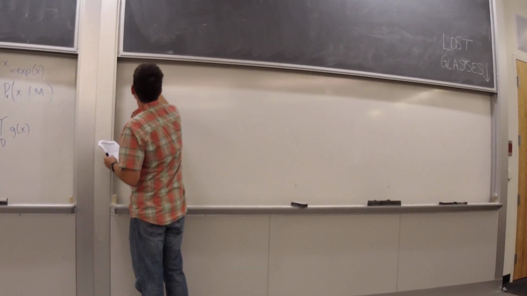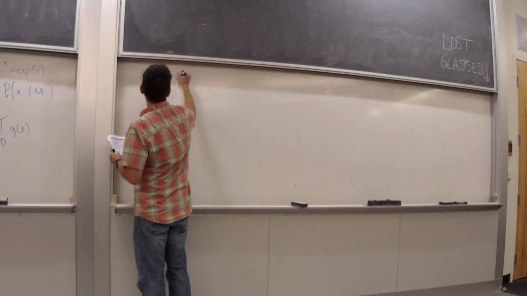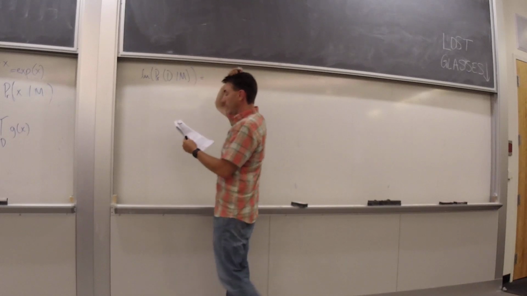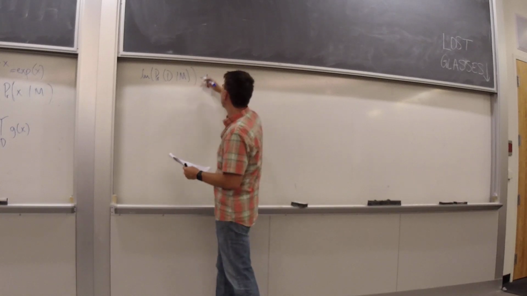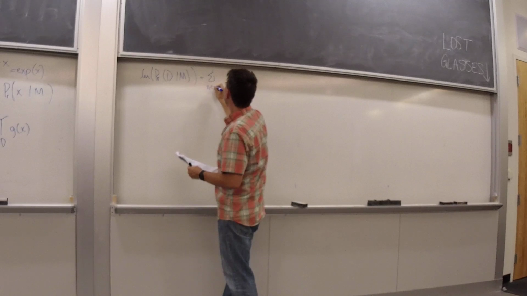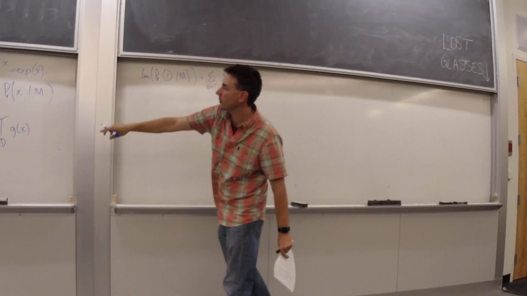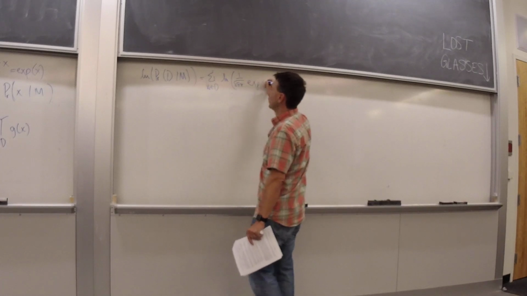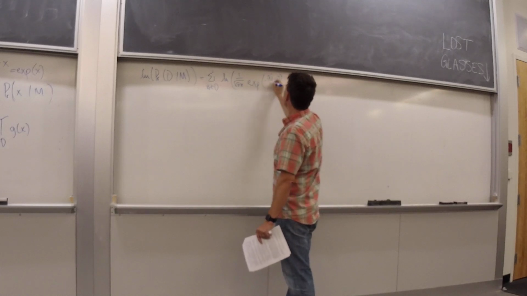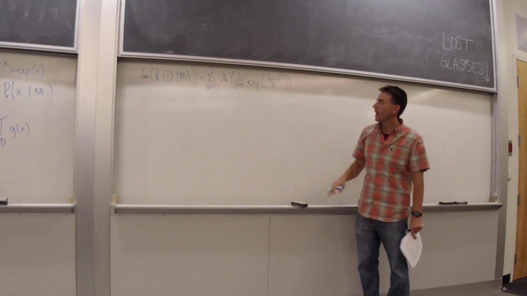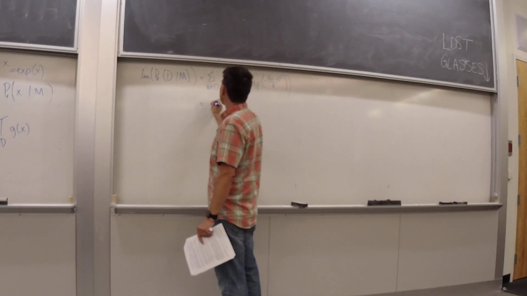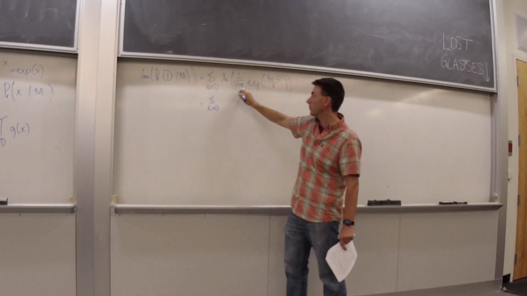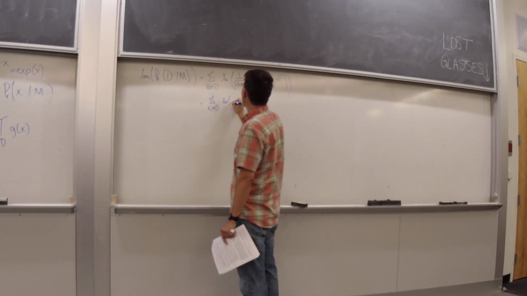Okay, so this is the natural log of the probability of the data given the model, and it's going to be equal to the sum over xi in d of the natural log of, and now let's write down what this g function is. It's going to be 1 over square root of 8 pi times e to the negative m minus x squared over 8. Now this is again a product, so I can break this up into two terms. So it's the sum over xi in d, and now the first term, let's move this coefficient outside. The first term is going to be the natural log of e to the negative m minus x squared over 8